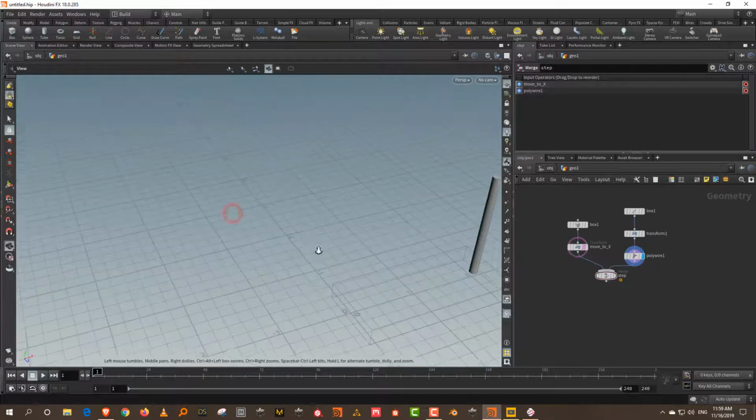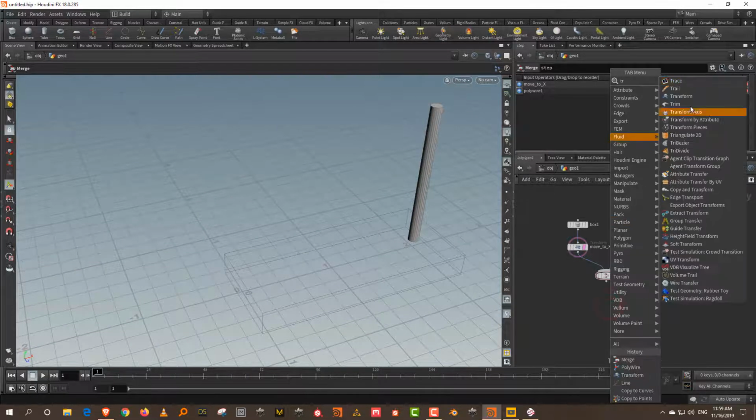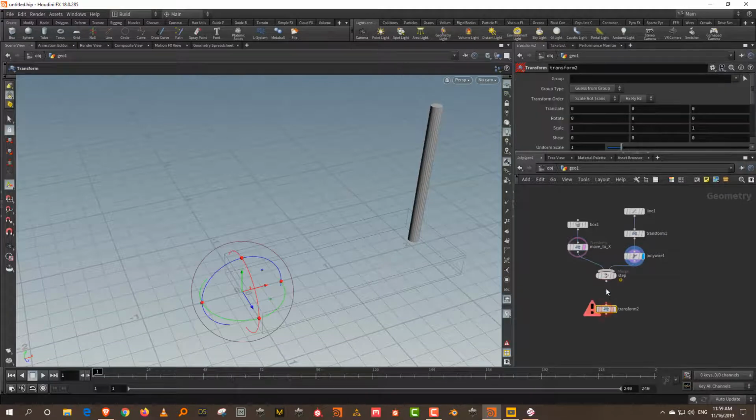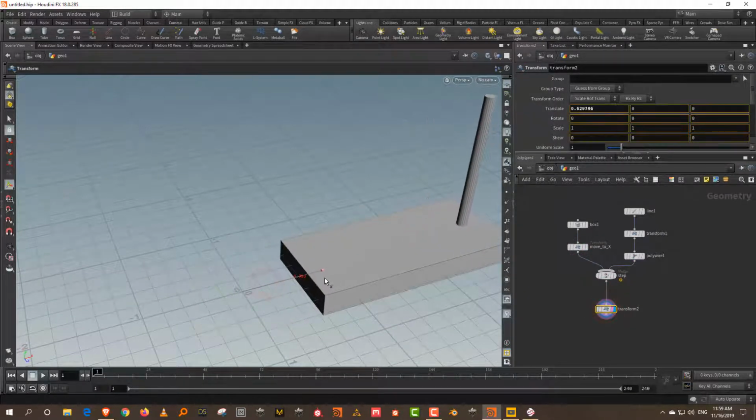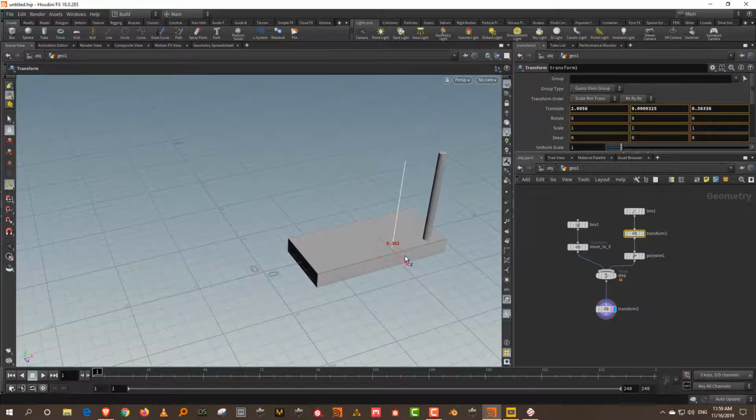Now let's do one more thing, which is I don't want it exactly at 0. You know, I want to push it a little further out. So I'll just take a transform after this and just move it a little bit. Okay, so this is good. And maybe this also I can move it, you know, slightly ahead over here. Okay, so this is nice.